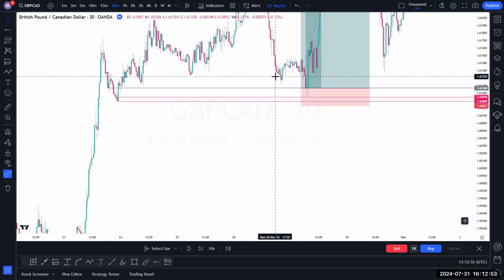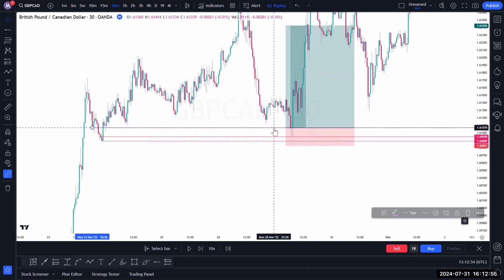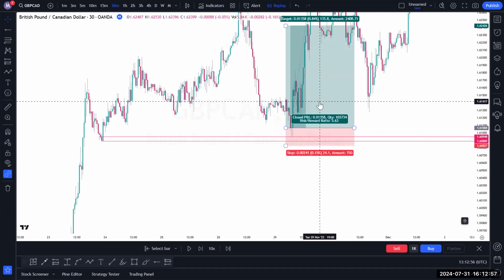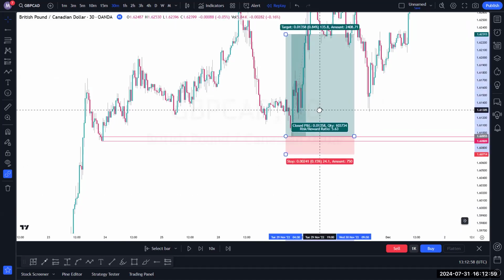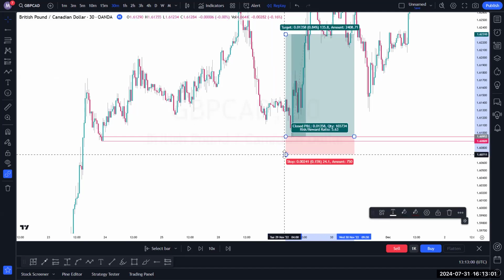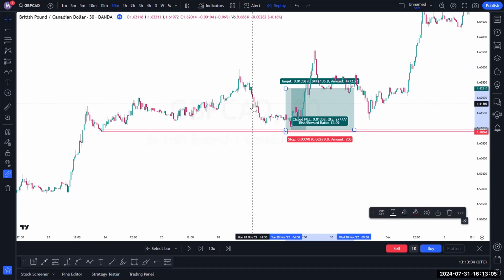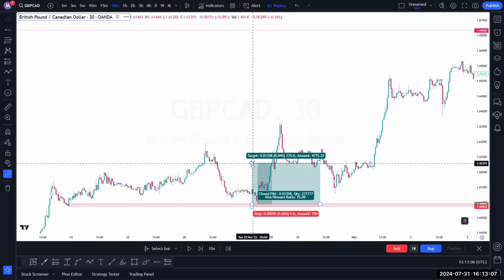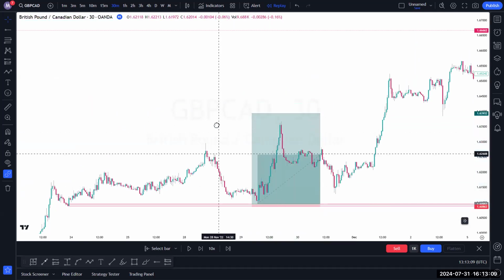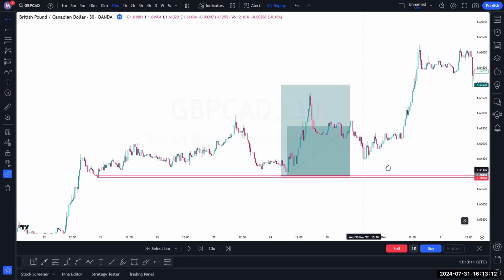You had to move down to the 5 minute and do the last refinement, and you can see price triggered nicely and gave us a small risk. Now here, you're not going to hold it for so long. You just need to put multiple targets. But you can clearly see